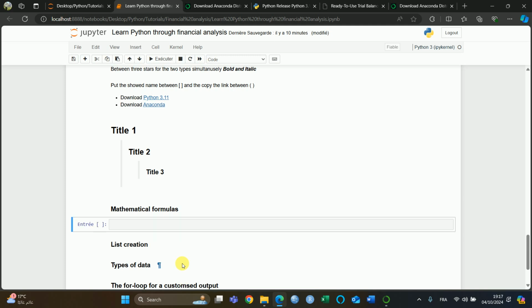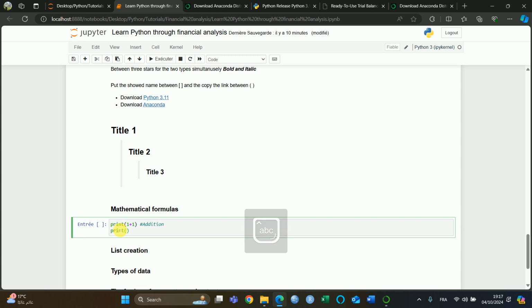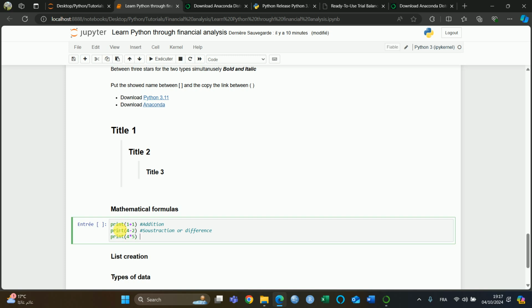So concerning the basic mathematical formula, we need to be in a code mode. So we start by additions: 1 plus 1 for additions, 4 minus 2 for subtractions or difference, 5 times 4 times 5 for multiplication,